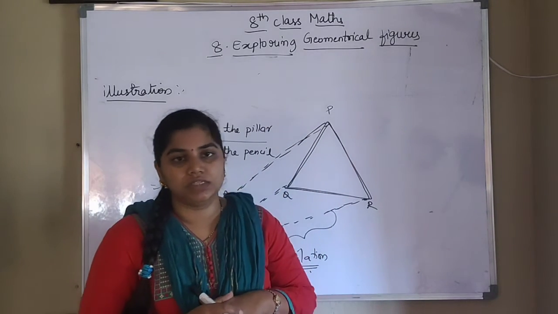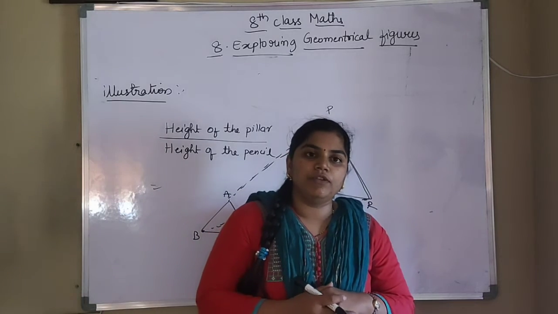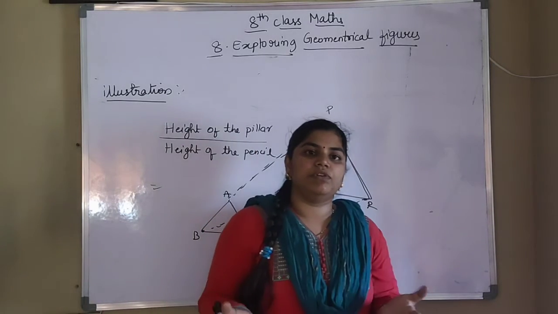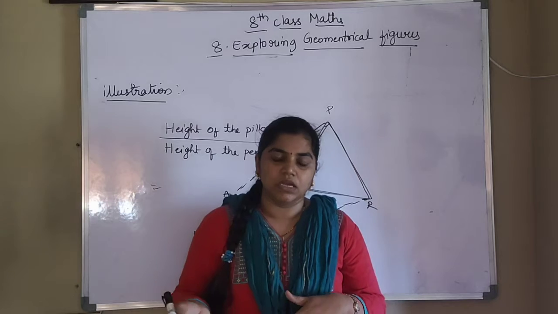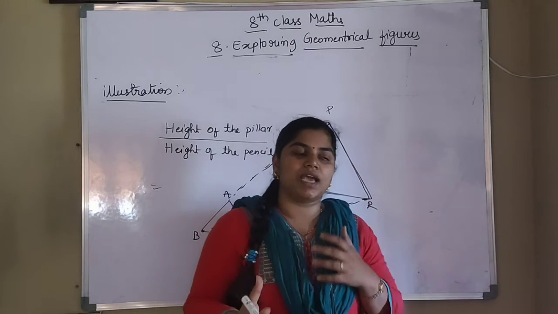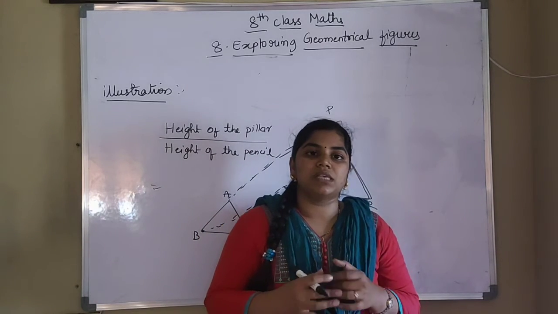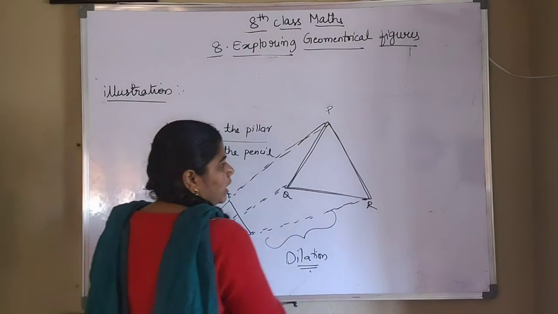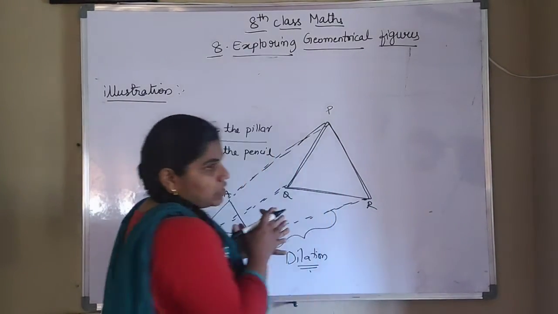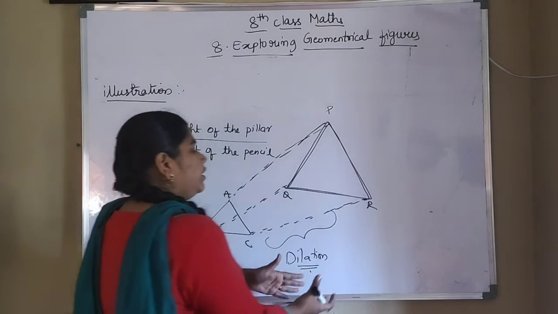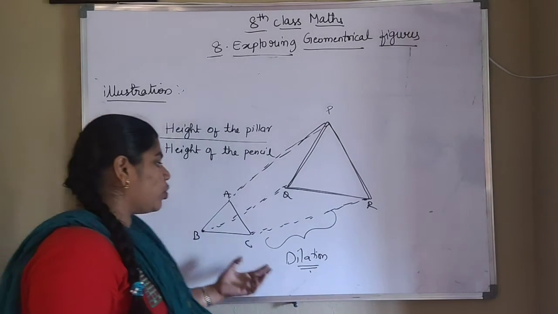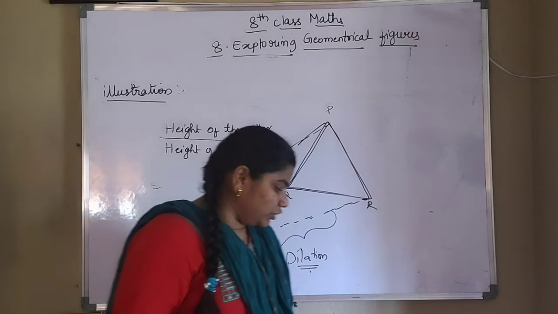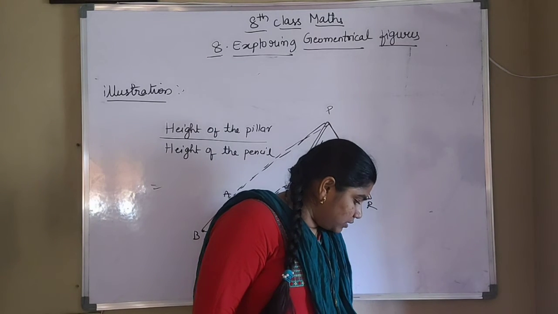Only similar figures we can enlarge. Congruent figures are nothing but figures having the same shape and same size. Similar figures have the same shape and different size. Here, we are increasing a small size to a large size, or decreasing a large size to a small size. So this process we will call dilation. Okay, so next is